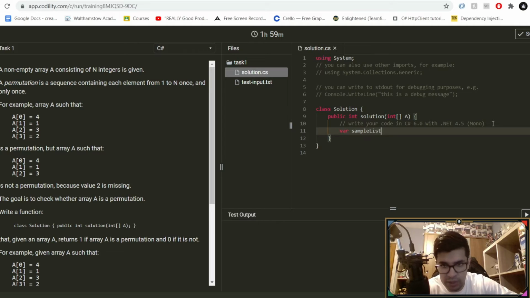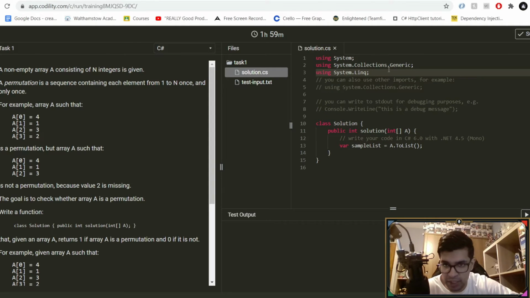So I'm going to call it sample list equals a dot to list, and so that should allow us to make our sample list a little bit more manageable. And we just need to replace our using statements here with collections and Linq, because we're going to be using some Linq syntax. Now our sample list is just a list right now, but we haven't sorted it because we do need to sort this into ascending order. So again, we're going to use some Linq syntax here, which is order by, and we're going to order by each element. So this should allow us to return an ordered list that's in ascending order, so 1, 2, 3,